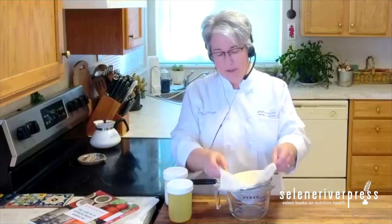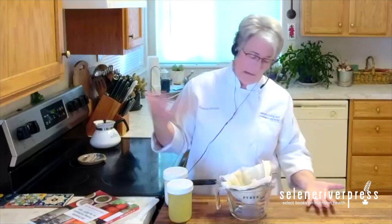When you're using raw milk, homemade yogurt made from raw milk, or homemade kefir, that will be far more runny than something that you buy in the store. And so what you'll need to do is really line that. Often people will just line it with this much, which is 4 layers, and then they'll see, oh, I've got all this white stuff in the bottom. What happened? Well, the yogurt went through, because there are too many holes in the mesh. So if you're using raw milk yogurt or raw milk kefir that you made yourself, you're going to want to